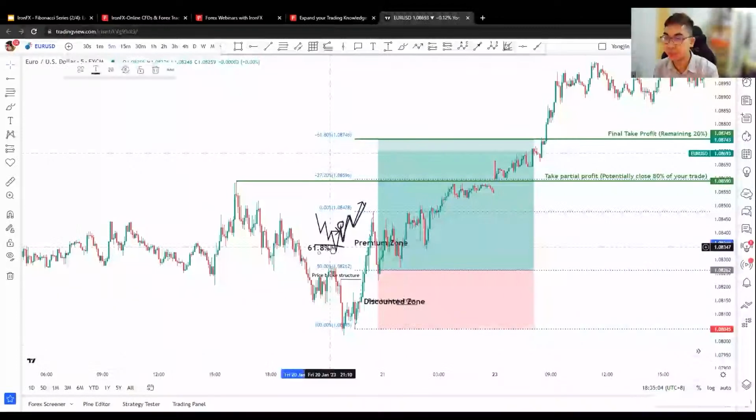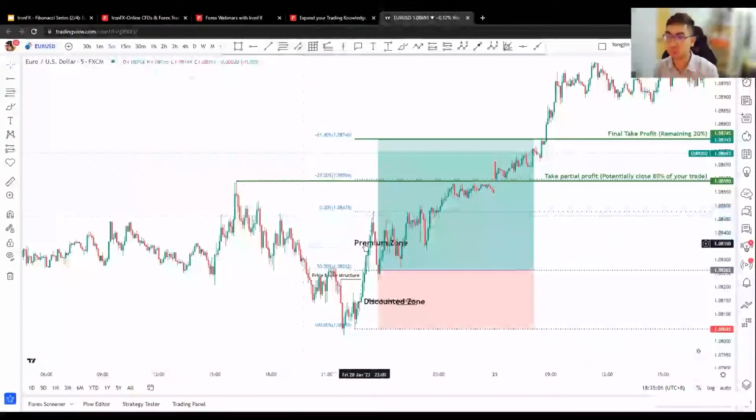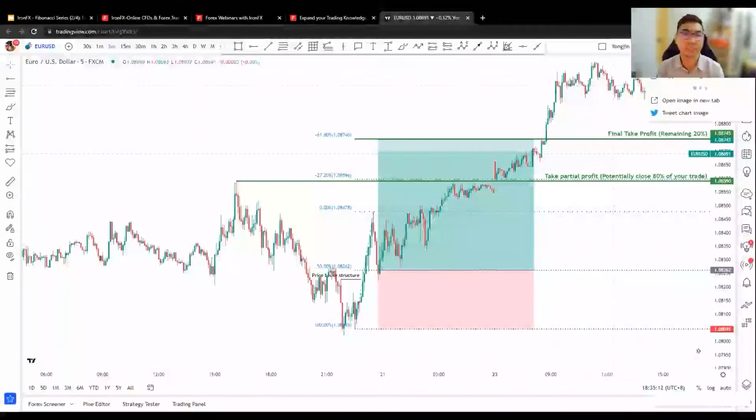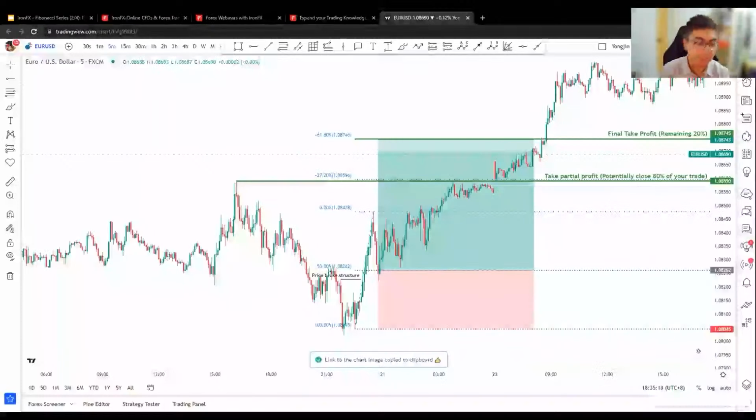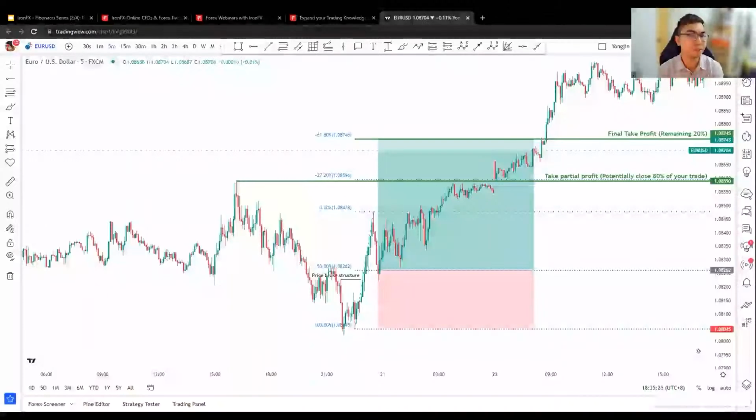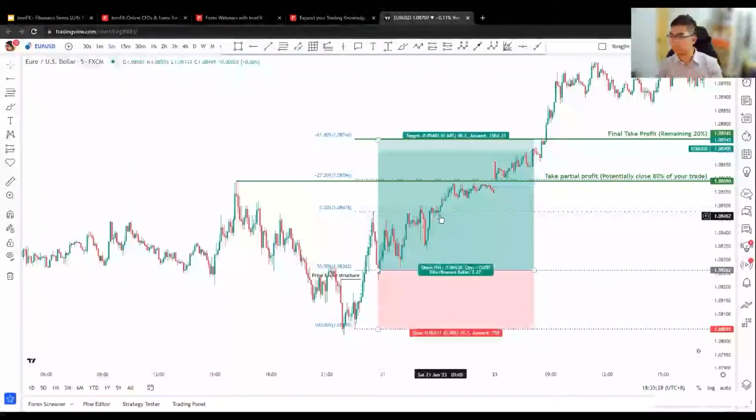So I'll just delete all this out. All right. Okay, I'll screenshot this down. I'll send it to chat. So I'll label it as how you can use Fibonacci expansion lines for potential take profit targets. Okay. Next,